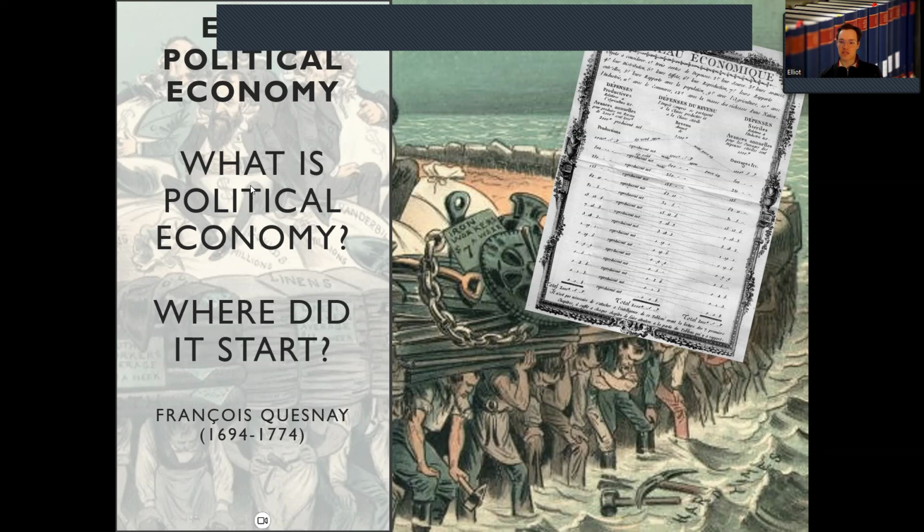Now, this is of historical interest, and I'm not going to talk about it in any detail, but you can see I've put here the tableau économique. Again, my French is absolutely terrible. This is a creation of Quesnay, and it's the essence of his political economy. You can see it's an attempt to systematize and objectify the processes of social reproduction, or how society reproduces itself, how it creates wealth, how it builds day to day under this so-called emerging natural order. This was printed in Versailles in 1758, and it had a print run of just 4 copies, but is quite a famous document in classical political economy.